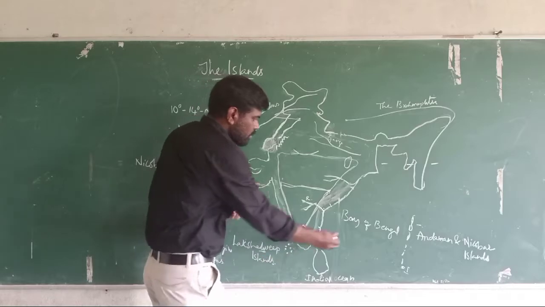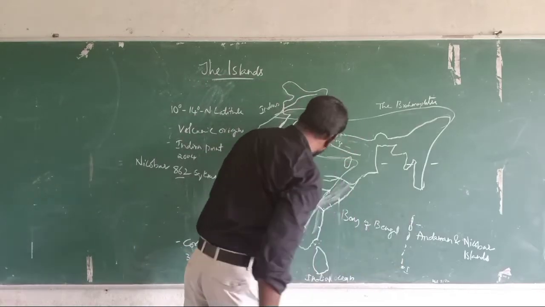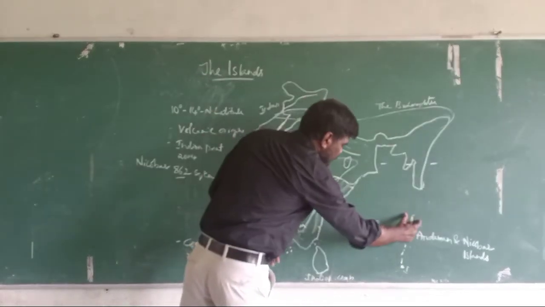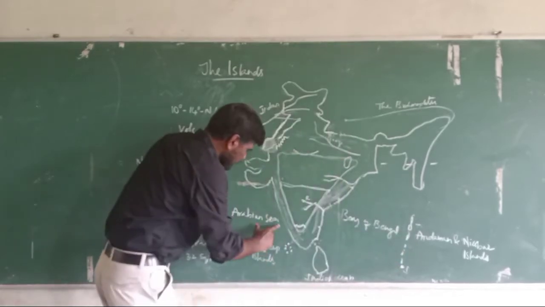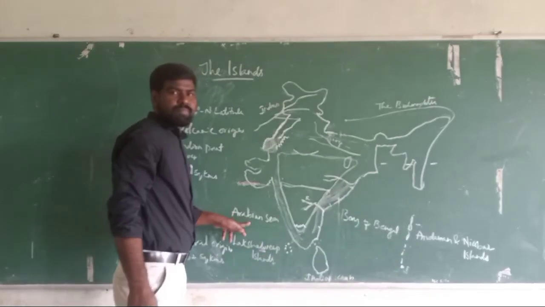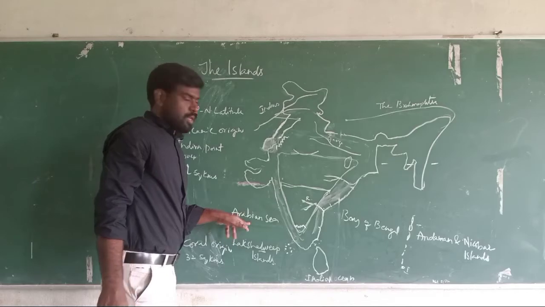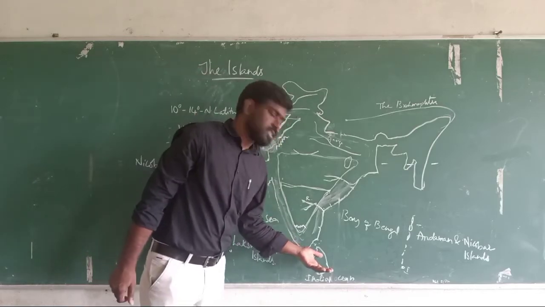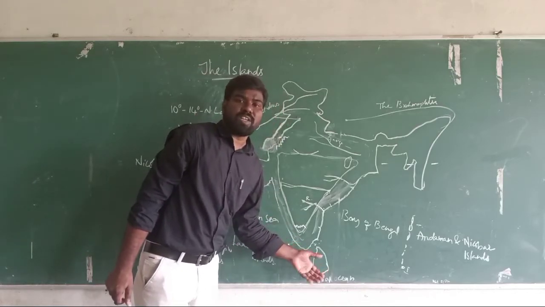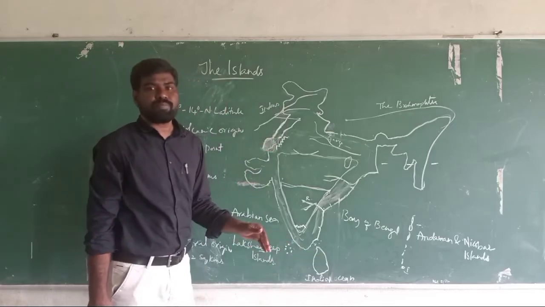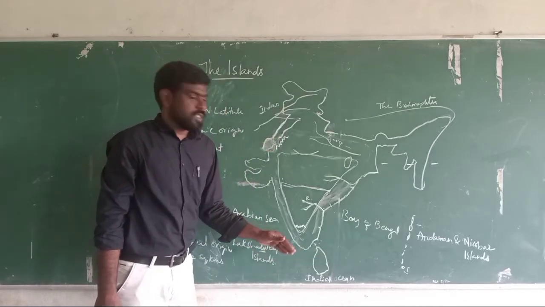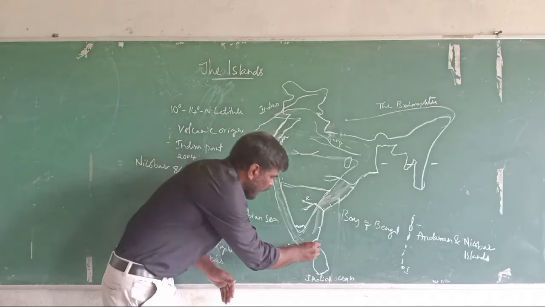And we have a group of islands in the Bay of Bengal and Arabian Sea. And the nearest country in the ocean waters is Sri Lanka. Sri Lanka is separated by Park Strait,